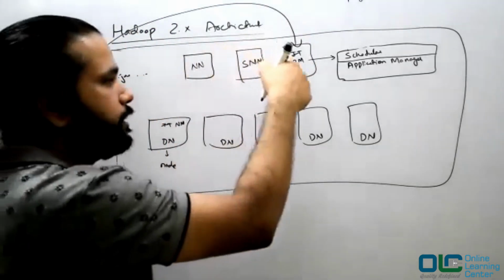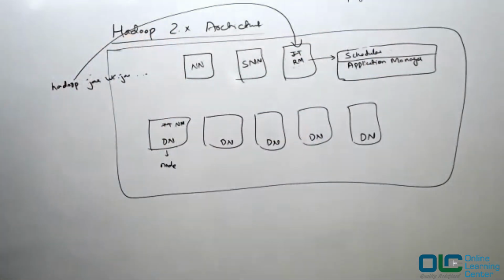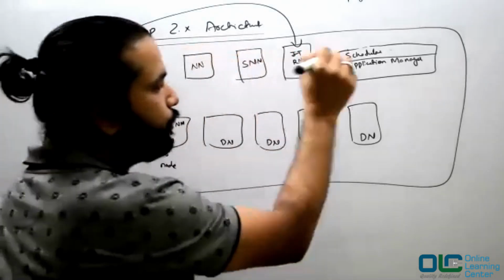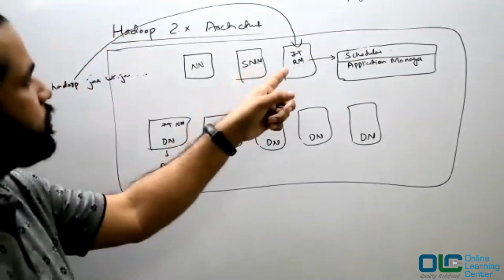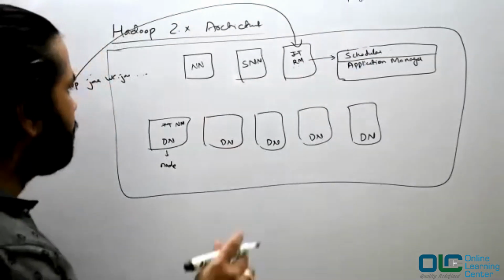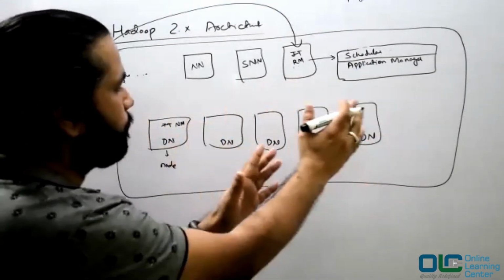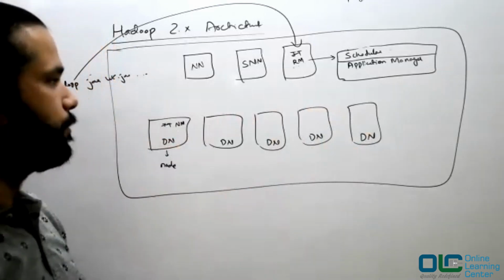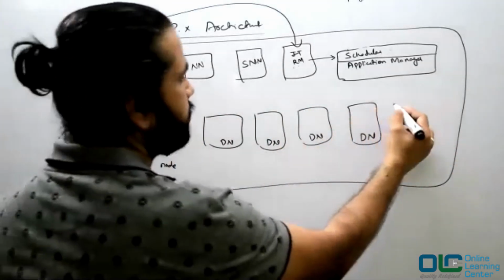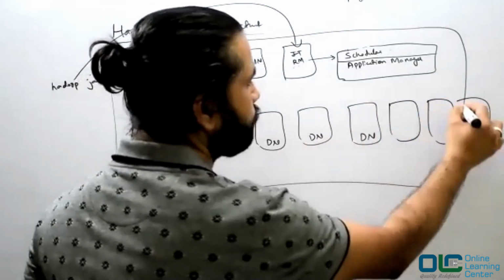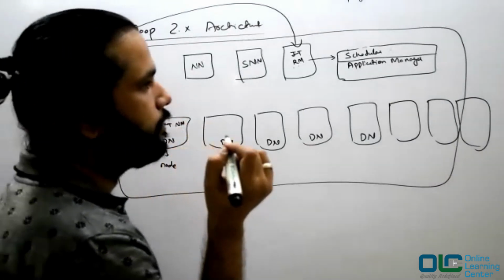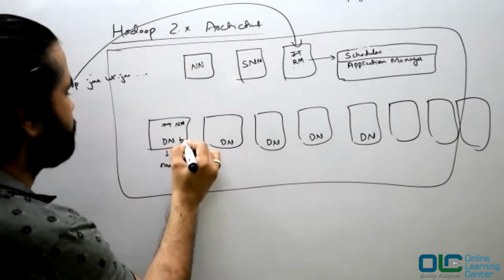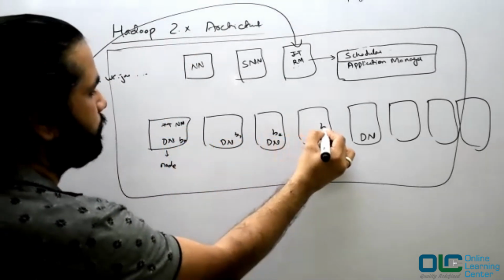Now in resource manager you have two things: scheduler and application manager. The responsibility of your scheduler is to schedule the job, and it just tries its best to schedule the job at proper nodes, because there are so many nodes, right? Let's say there are more nodes here, and you want to run this word count.jar on a file which had 4 blocks. Let's say B0, B1, B2, B3, 4 blocks.